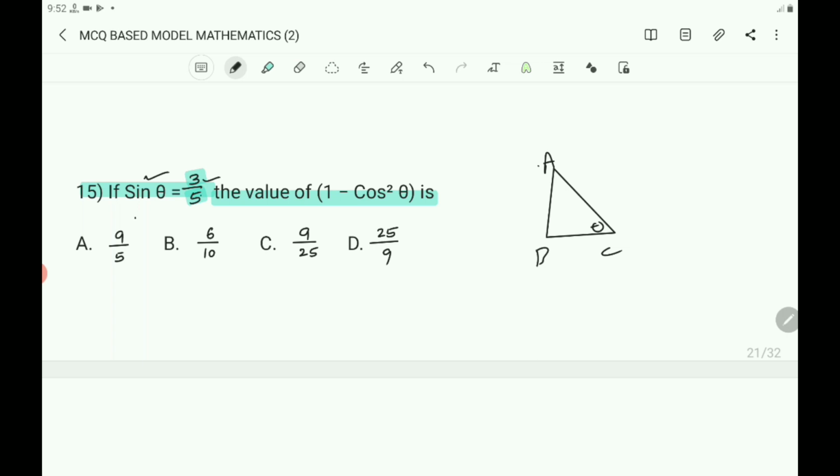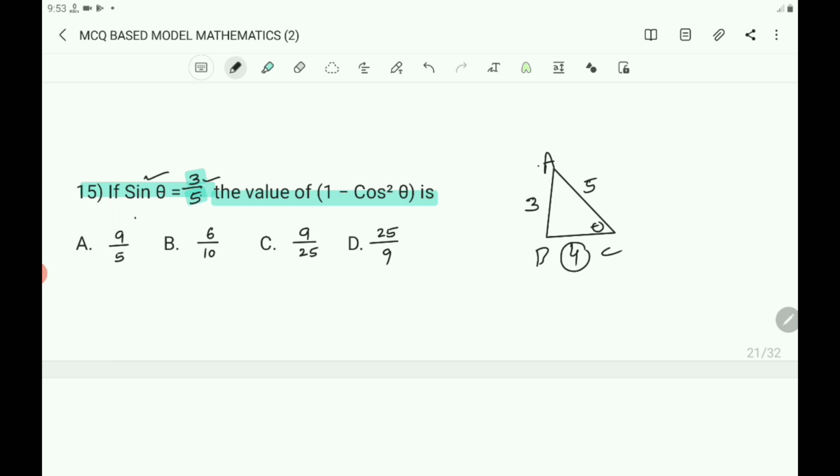Theta is equal to what? This AB by AC: the opposite side is 3, AC that is hypotenuse is 5, and the third side must be 4. According to Pythagorean triplets, 3, 4, 5 are the Pythagorean triplets. So the BC becomes